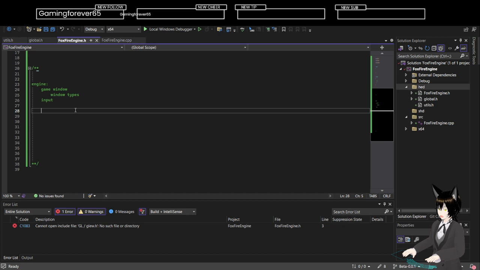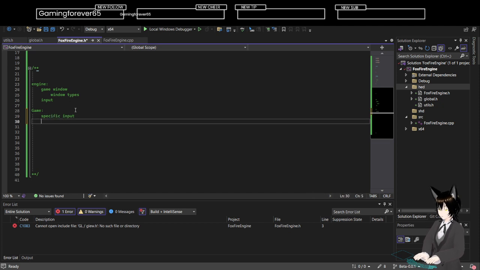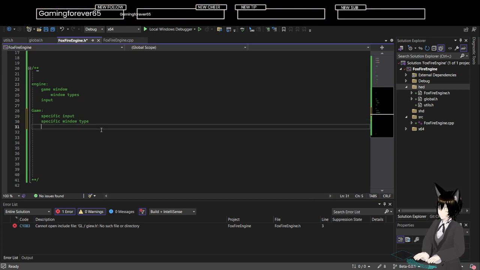So let's see. Game window, input. I think that should be good for the game. And then the game itself should handle specific input, specific window type. Game window, it should handle the game. Okay, yeah. Specific window type, it should handle